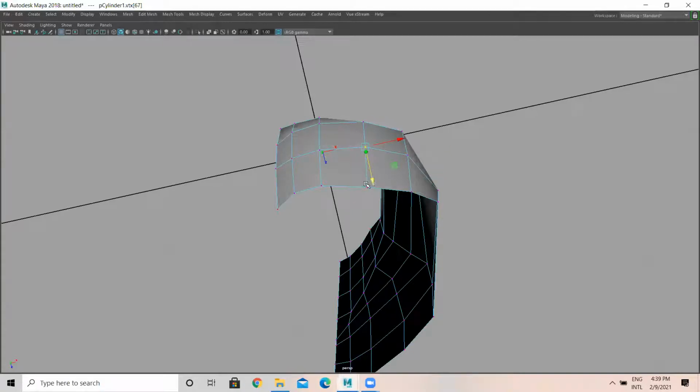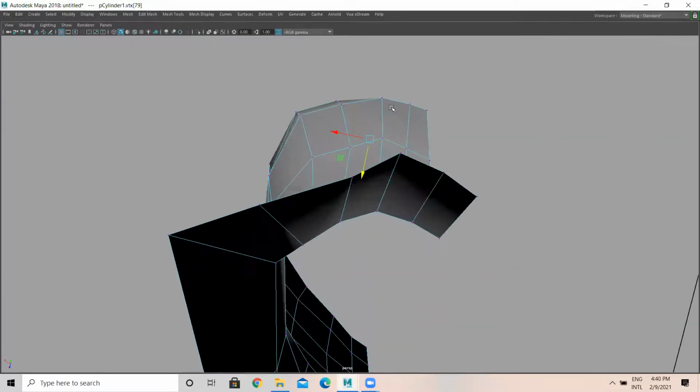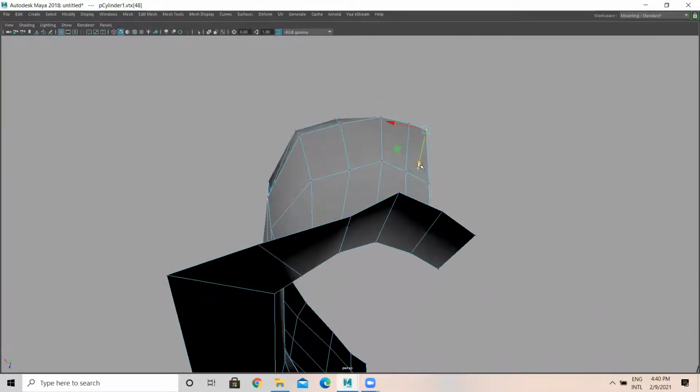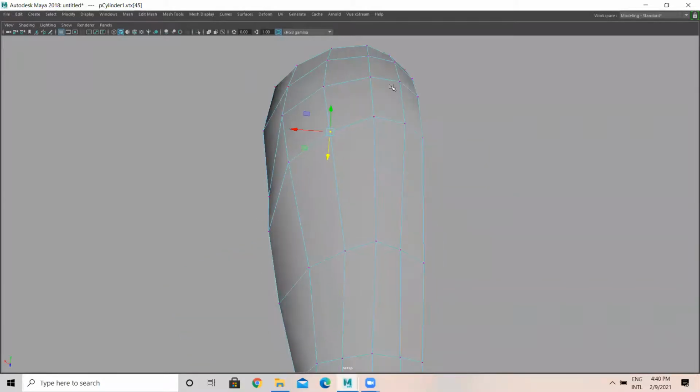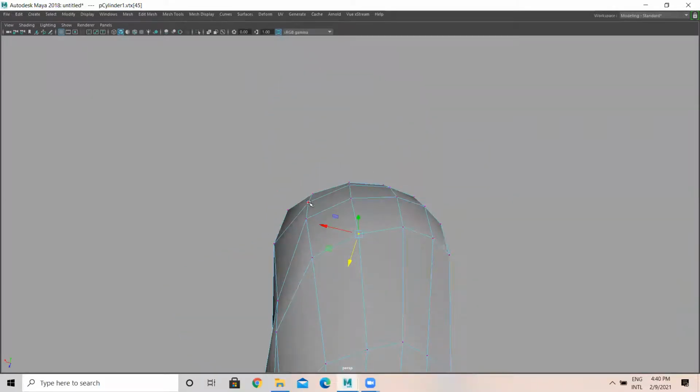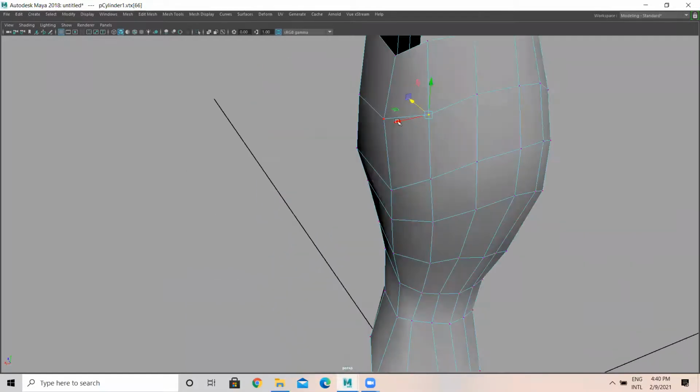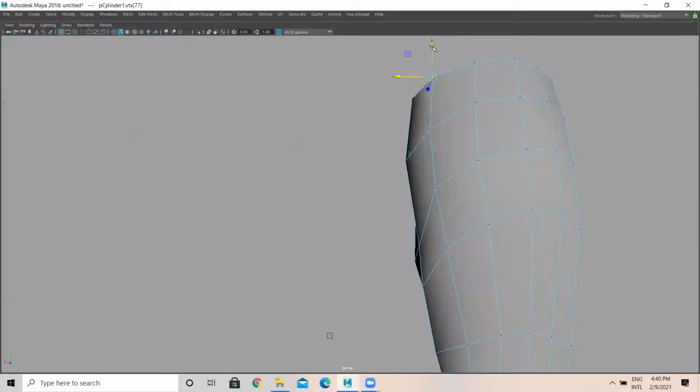It has to be curvy. That's what I'm just referring to here. From all the view, you have to see like this and make sure this is curvy. Okay. Like this.